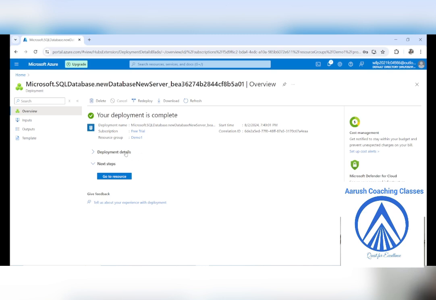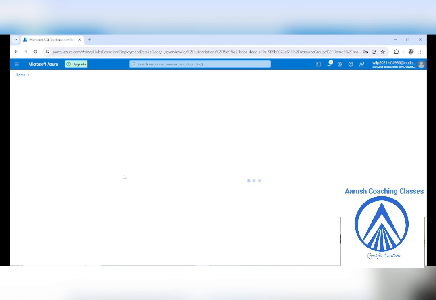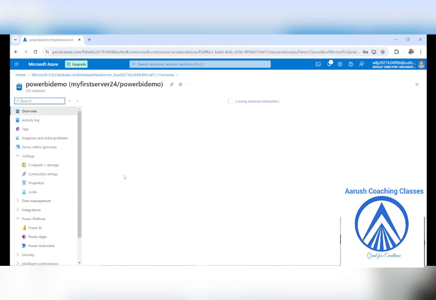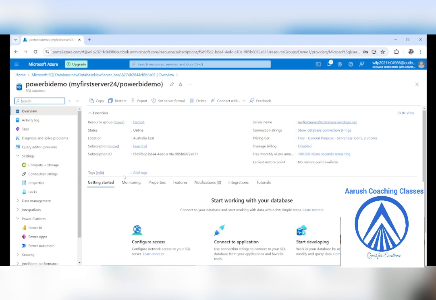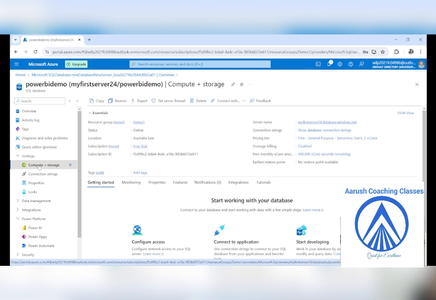Okay. So now once our deployment step is completed, we'll go to the resource group. As soon as we come here, what is the next thing which we'll do? We'll go here, see, compute and storage, right? Compute and storage.